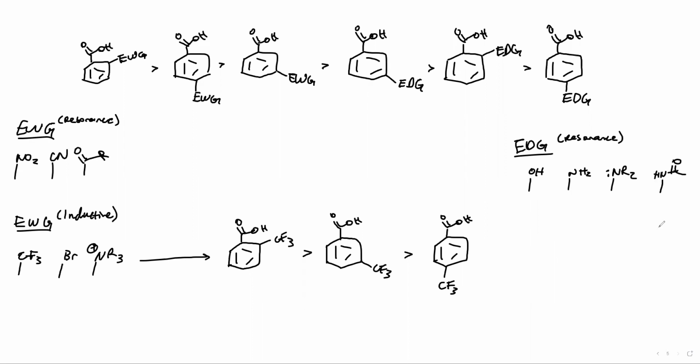But these are some groups. I have not ordered these by strength, because I don't remember that order, but these are pretty close. You can again look on that chart that Dr. Nasiri gave you guys. There's only one inductive EDG, and that's R groups, but these guys are so weak. All carbon or all R group